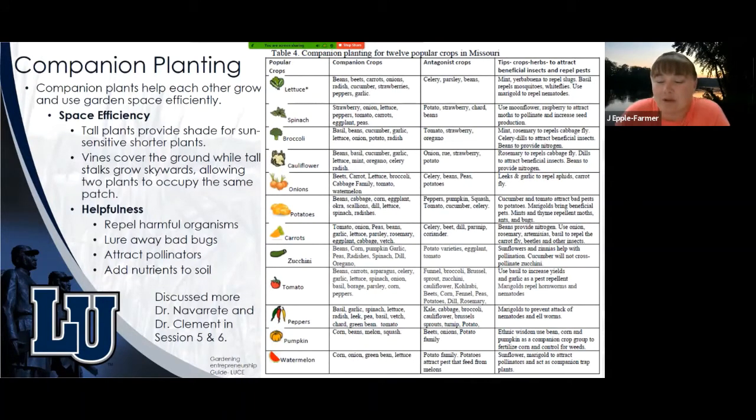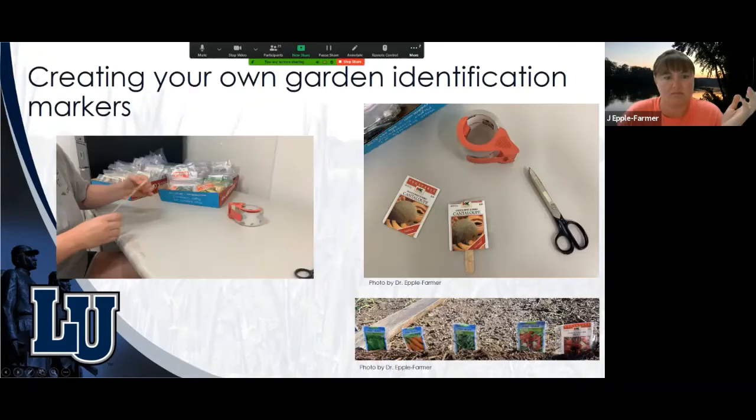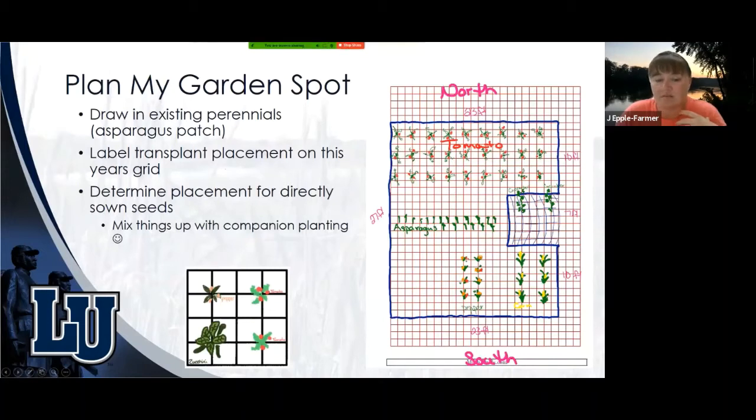Now, after I've gone through and planned out my garden, I'm going to start thinking about, since I know my large plants, what am I going to fill in around the edges? Now, if you think back to my garden plan, I have lots of space in between my plants. Well, any place that I have space between a plant,